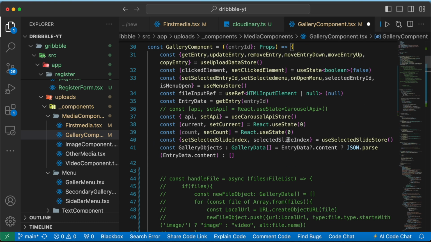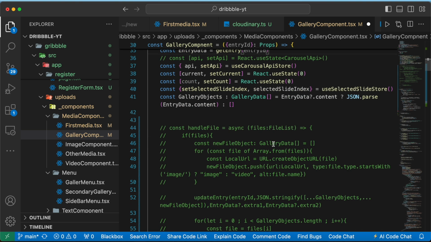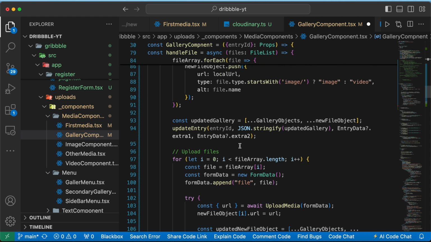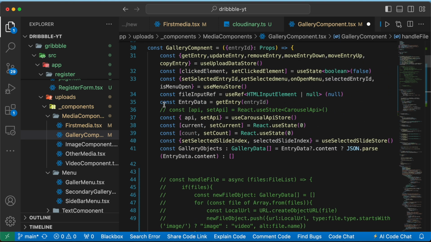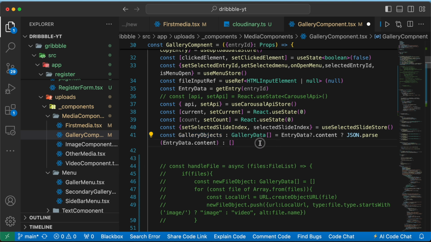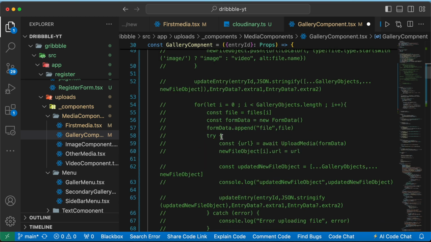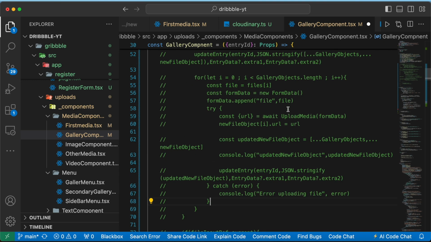This gallery object we are getting from our data here. As you can see, after updating our entries, we are immediately getting the entry data, and from entry data we are getting the object. This is taking some time, and because of that the length of this gallery object is coming to be 0, and that is why we are not actually running this loop. But I have changed this condition from gallery object to